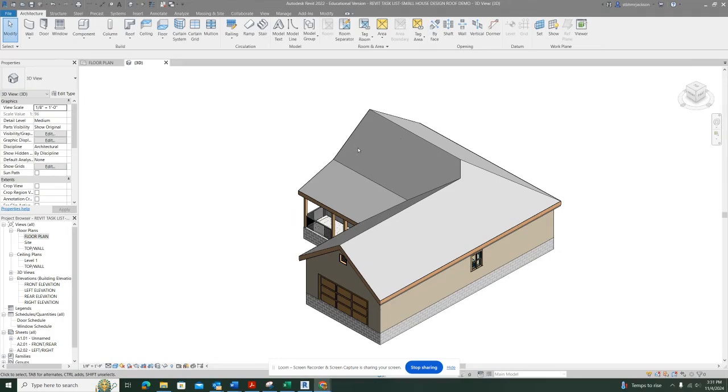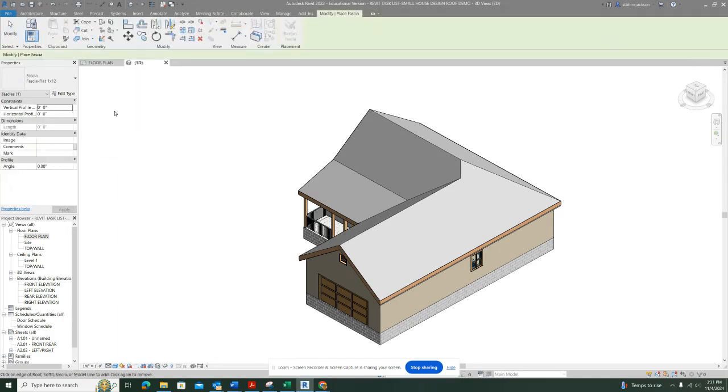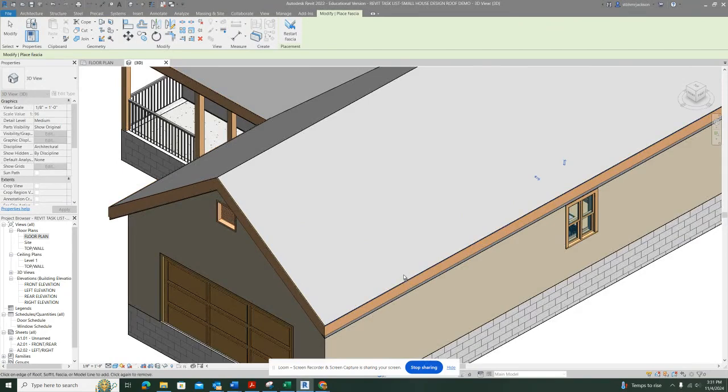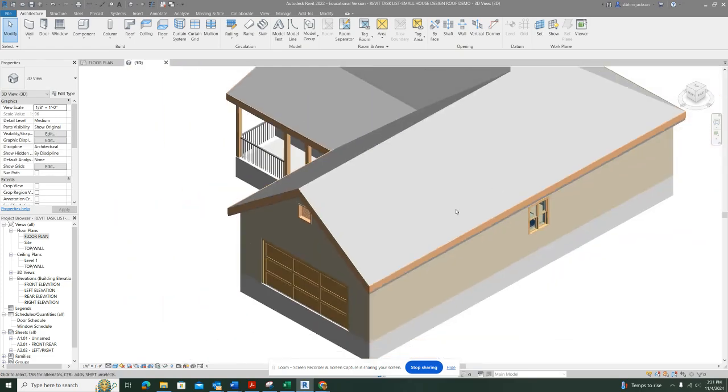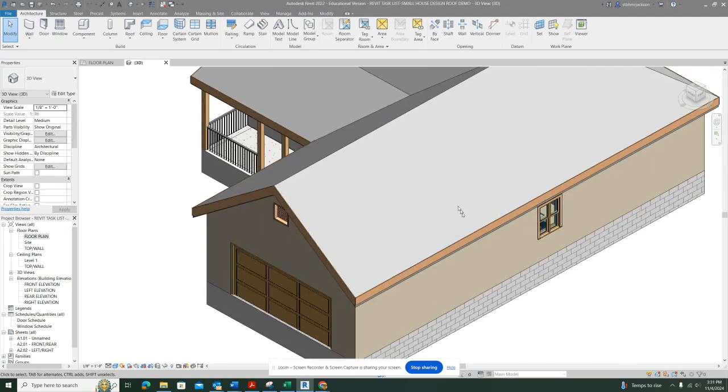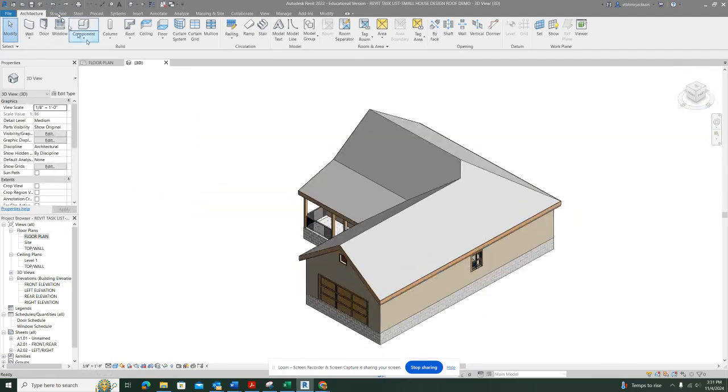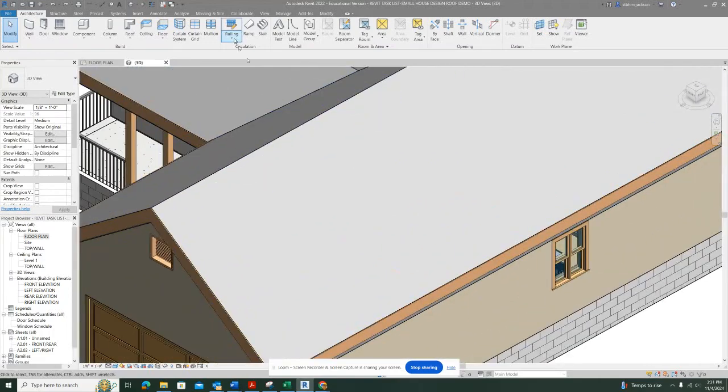All right, and we're just gonna simply go to the roof tool. We're gonna do roof gutter, and then we're just gonna kind of follow it around. So you just gotta make sure you pick the right spot. Sometimes it'll act a little funny, but you can always flip it. And if you still don't see it, just hit escape, then do undo one step,